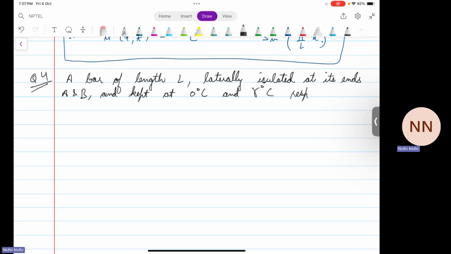So at the end A, the temperature is 0 degrees. At the end B, the temperature is gamma degrees and it is kept constant like this throughout,